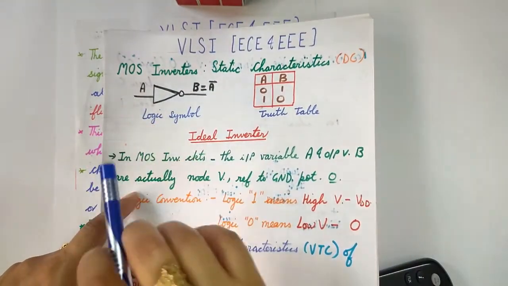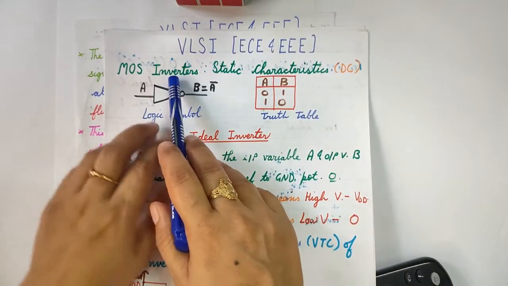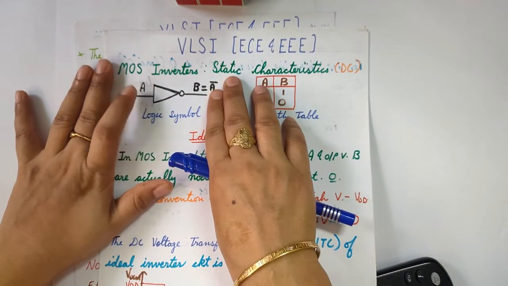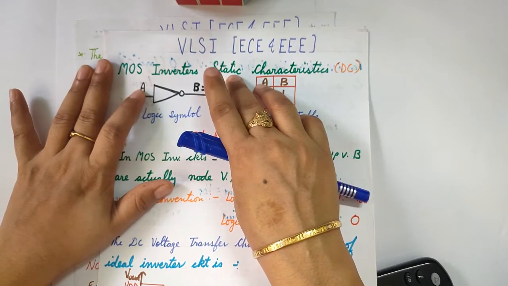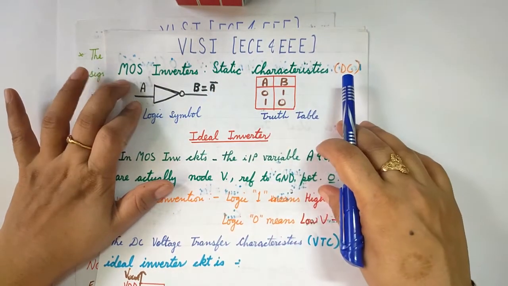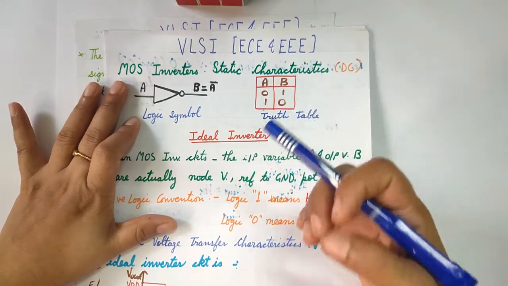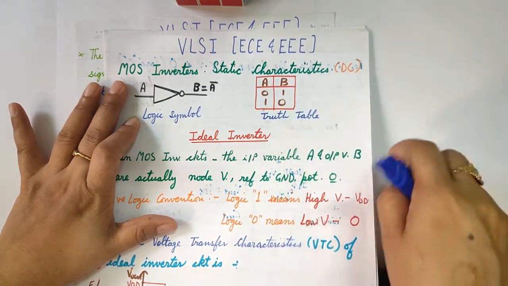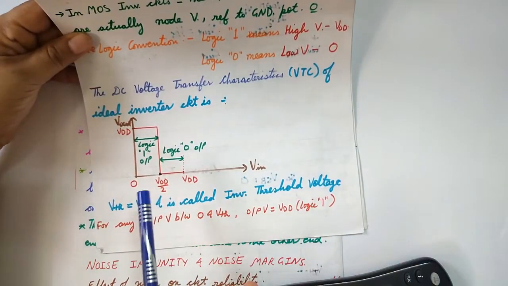So we talked about MOS inverters, and basically if I say what inverters are, as the name says, they'll invert whatever you give. It means if you give 0, it will become 1. If you give 1, it will become 0. This is all that inverters do. And when we say MOS inverters, it basically means they are very high in speed, very efficient, very reliable, and so on. So here, this is the truth table. We all know about this, and we saw the VTC graph of the ideal inverter.